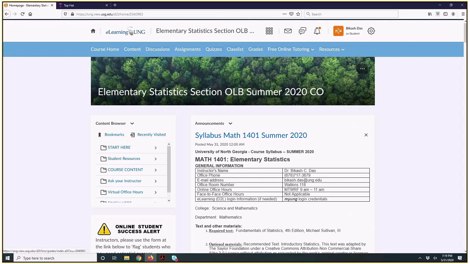So now we're back at the top of the screen, and you can see there is a box here on the top left called Content Browser, where you can click through the modules of the course and view the course content. But I don't think it's the most user-friendly way to navigate through the course. So I would prefer to click this content link at the top on this blue bar. So I'm going to show you what that looks like, and I recommend that you go through the course this way. So I'm going to click Content,